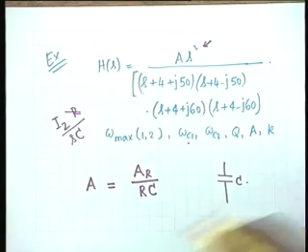We don't have to derive the whole double tuned circuit again. We can do it by inspection. The only difference is that the output has been taken across the capacitor, and the same thing we did in the single tuned circuit. Pardon me? Yes, yes, of course. All known results can be utilized. You don't have to derive the same thing.